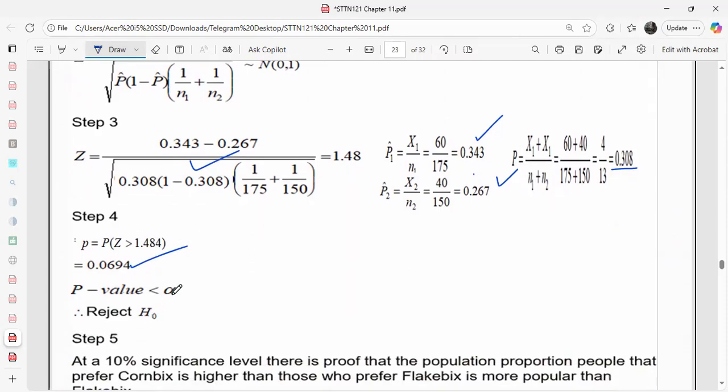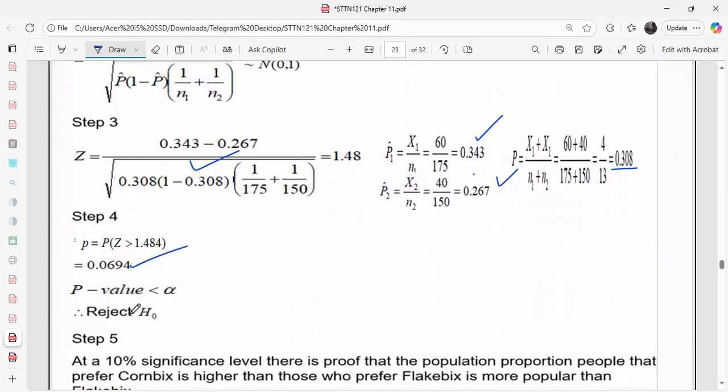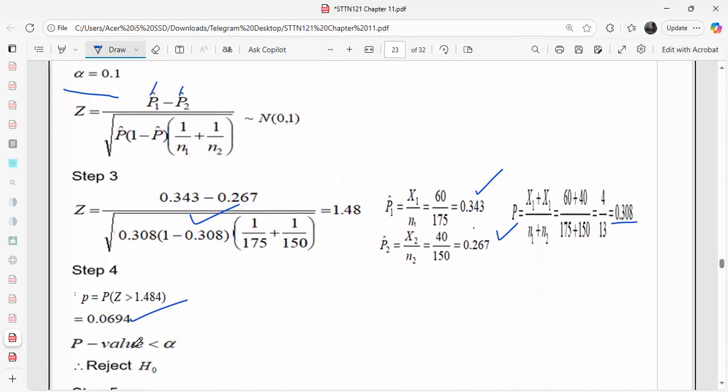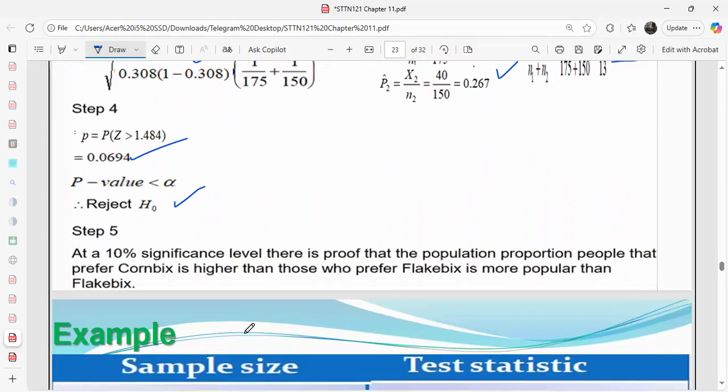Now you're going to compare the p-value with the alpha. The p-value, I think, was 0.0694, then the alpha is 0.1. So obviously, comparing 0.0694 and 0.1, the bigger one is 0.1. Therefore, the p-value is less than alpha, so we reject the null hypothesis. Since we reject the null hypothesis, now we can conclude that at a 10% significance level, there is proof that the population proportion of people on the